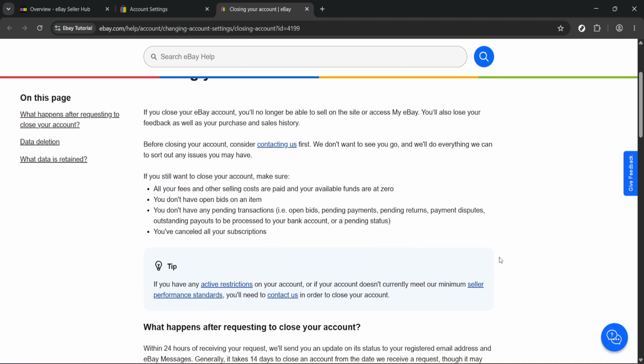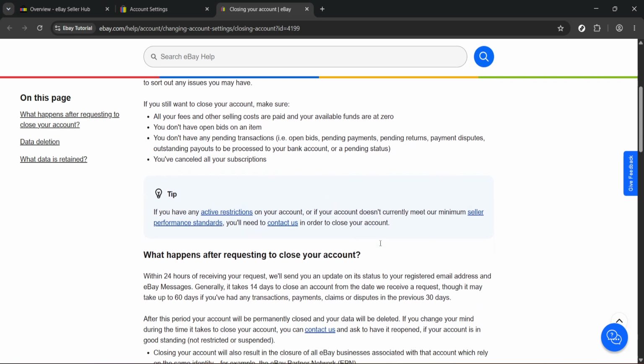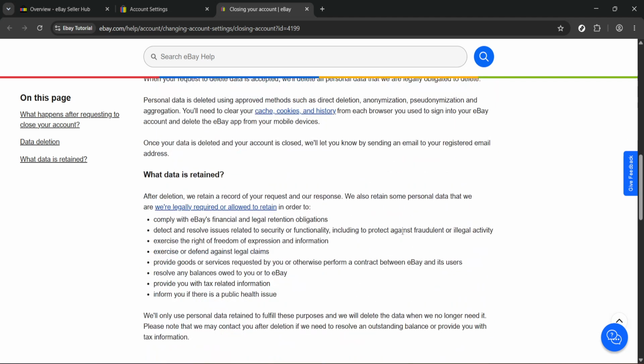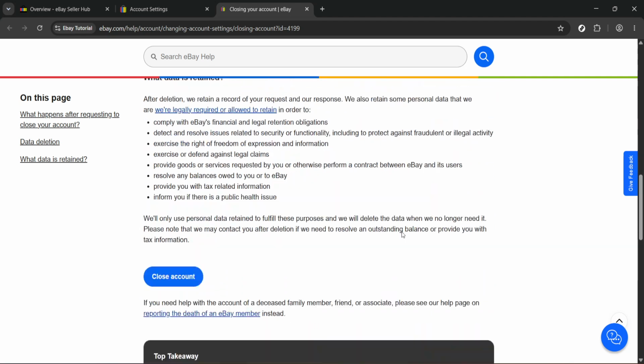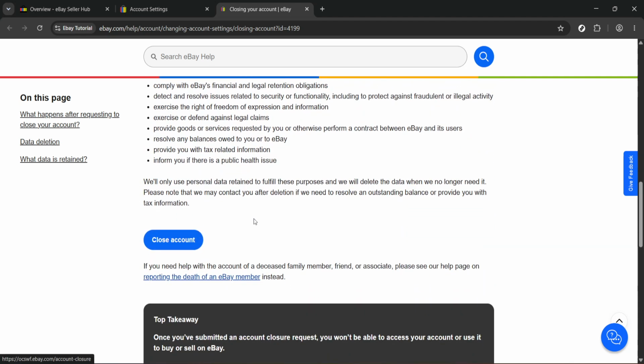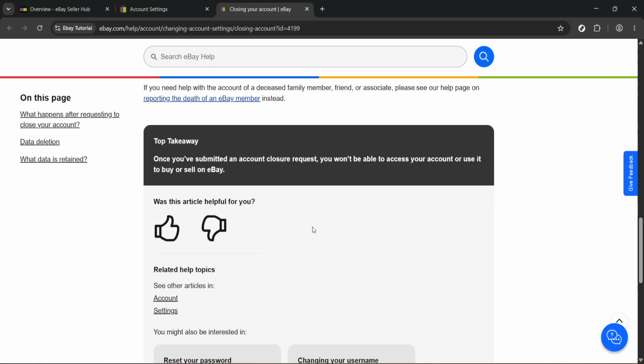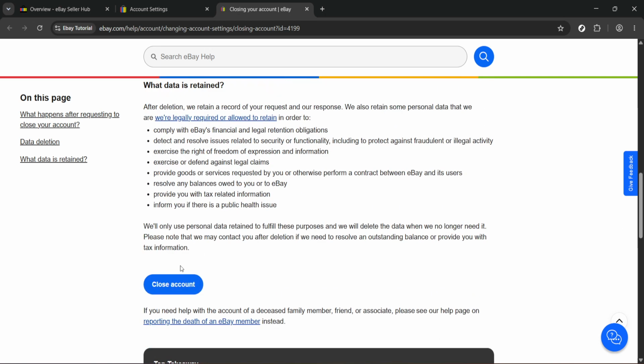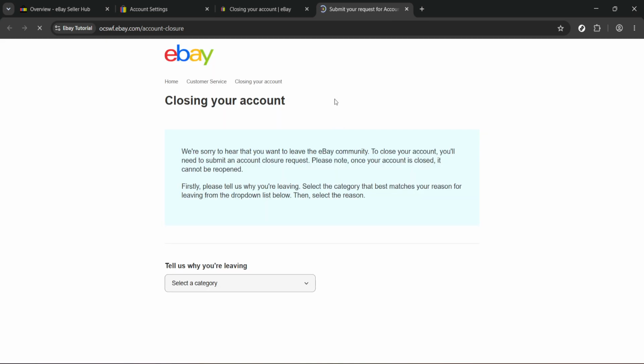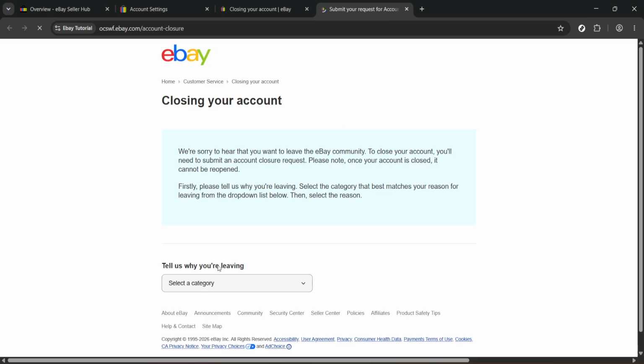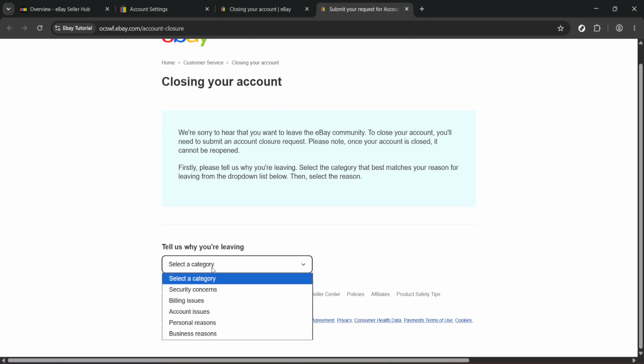platform. On the account closure page, you'll be asked to tell eBay why you're leaving. This is a normal part of the process, and it helps them categorize closure requests. Choose the reason that best matches your situation. After that, select a category from the available options. Take a moment here to make sure your selection is accurate, since the next options may depend on the category